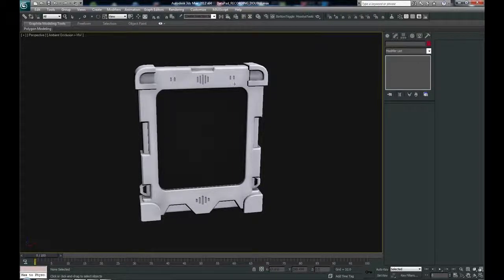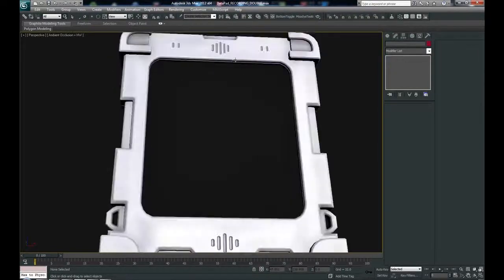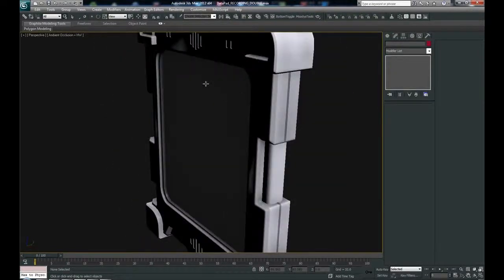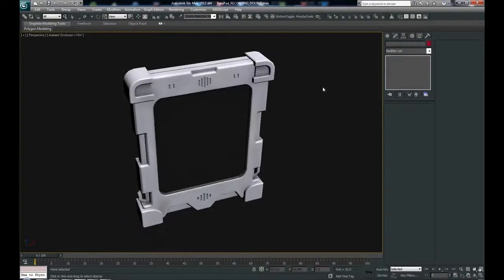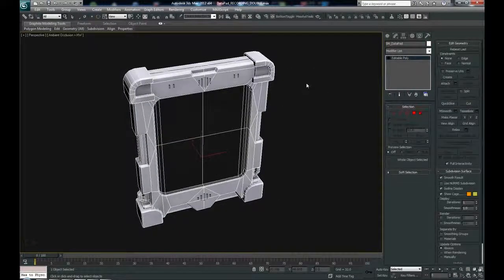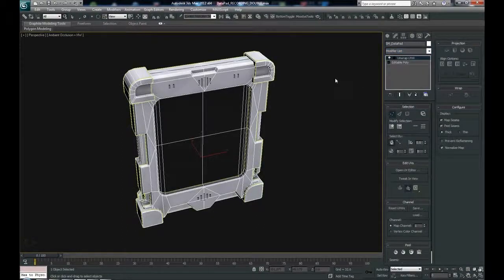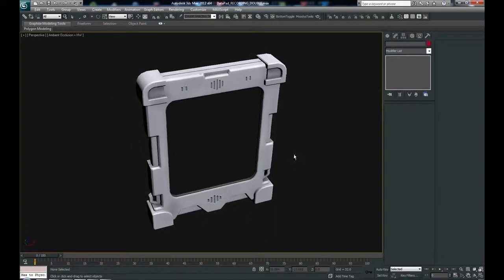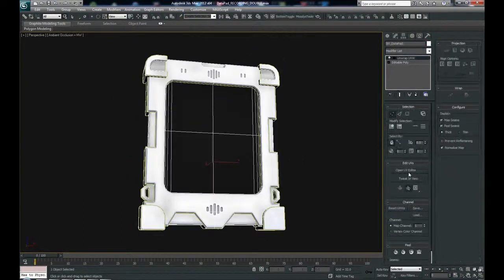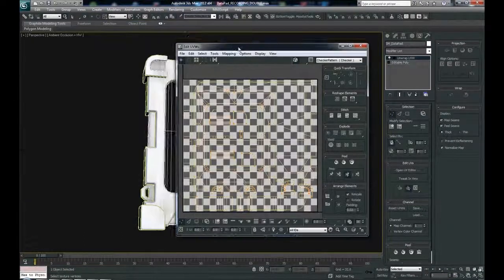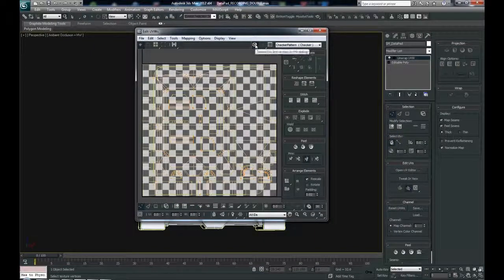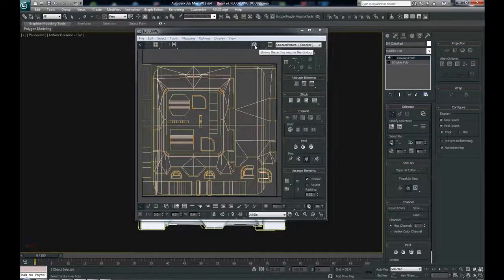So one thing that will help us with that is by exporting our UVs out of 3ds Max, so we can see basically the template in Photoshop on where the edges are and where parts meet up. A good way to do that is select your mesh, and we'll add another Unwrap UVW modifier on top of that, and we will go into the Open UV Editor, and you can see that everything is just kind of chaos right now. So if we click here, it will hide the active map, which is right now the checker